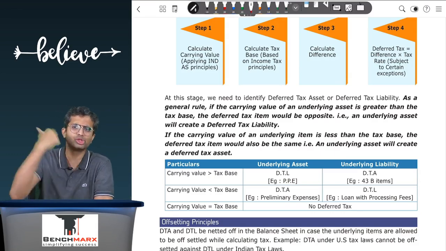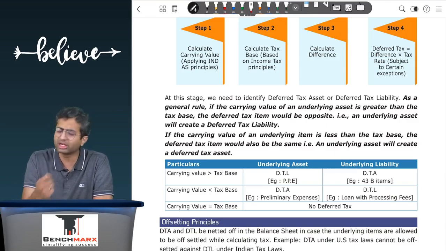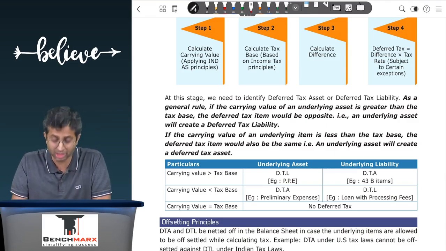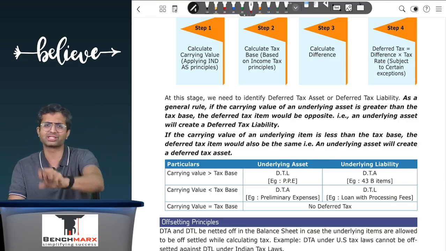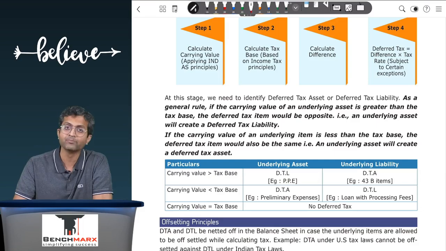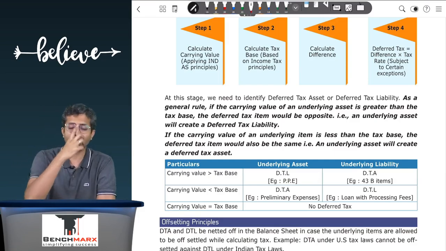Tax base you visualize as if there was a separate set of books of income tax and try to pass a journal entry for the asset or liability as per the income tax records, and then figure out what should be the value of that particular asset or liability appearing in the tax balance sheet. Take the difference between the two. Whatever is the difference into the tax rate will give you the deferred tax, but the problem is identifying whether